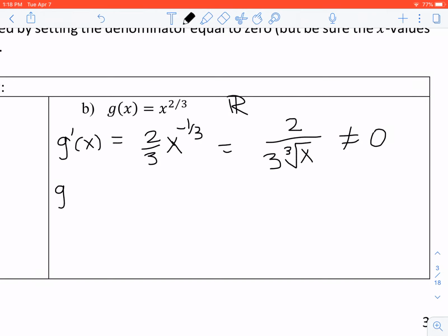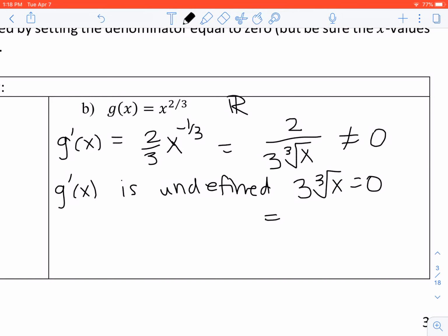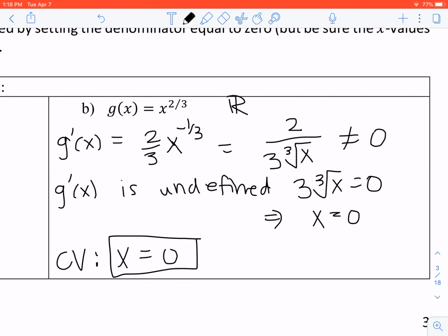However, my derivative is undefined when the denominator is equal to 0. So when I have 3 times the cube root of x equal to 0, that just solves out to x is equal to 0. So my critical value is x is equal to 0. Again, your critical values are found by either where